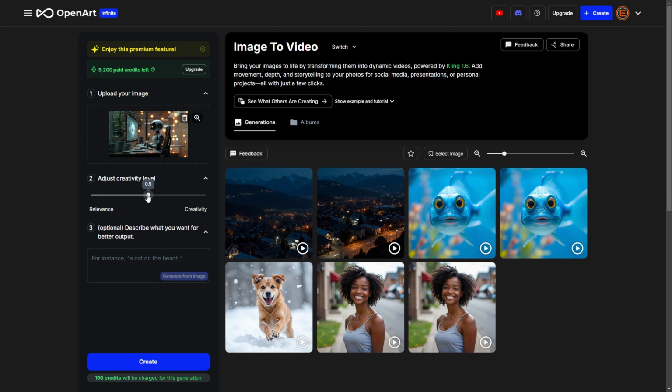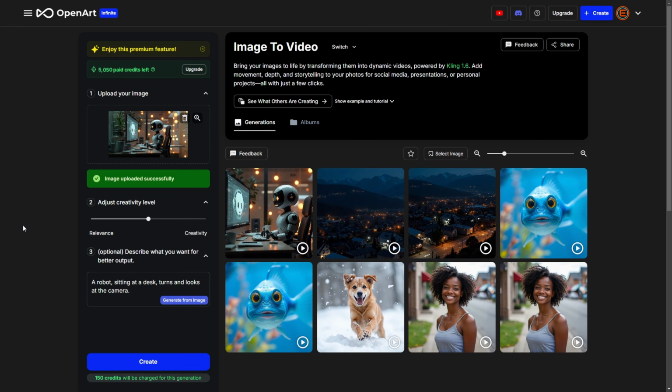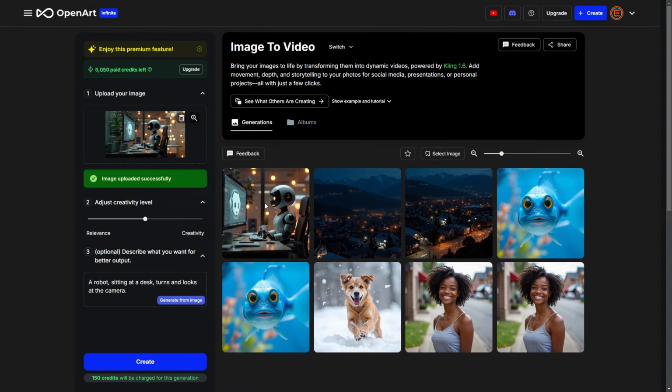I'm going to leave the creativity level at 0.5, which is the default right in the middle. A prompt is optional, but I'm going to go ahead and drop one in here. I just said a robot sitting at a desk turns and looks at the camera, and then I'll click create. In a little bit under 5 minutes, we've got our video, so let's open it up and see what our